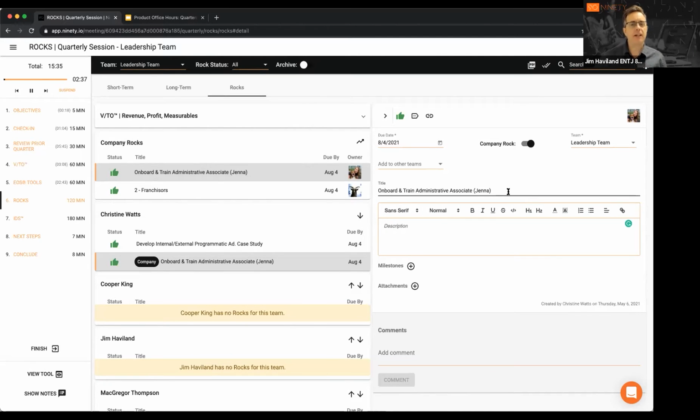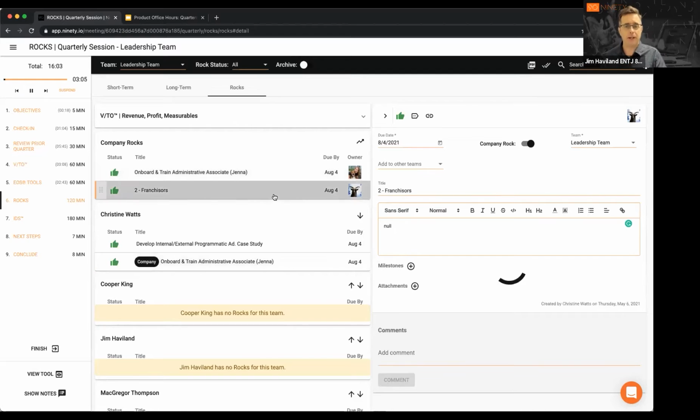Yeah, I mean, here's the thing. The rocks aren't something that get assigned to you without your agreement, or they shouldn't. They should turn expectations into agreements. And it shouldn't be anything that the team doesn't agree is a good use of your time. The people in this meeting, whether it's a leadership team quarterly, or you get down to the organization, the departments, we all have a certain amount of time we're going to apply to rocks every quarter. This is when you spend that time together, getting enough detail in there so we all agree, yes, that's a good way for Christine to spend her time.